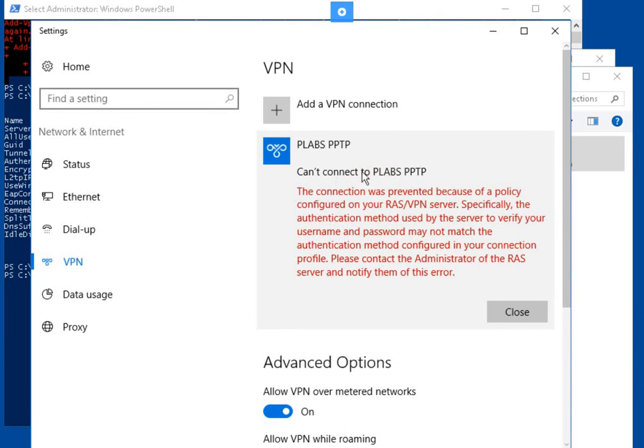So you can see here, cannot connect, the error message. The connection was prevented because of the policy configured on your RAS VPN server. Specifically, the authentication method used by the server to verify your username and password may not match the authentication method configured in your connection profile. Please contact your administrator of the RAS server, notify them. Error. Okay,